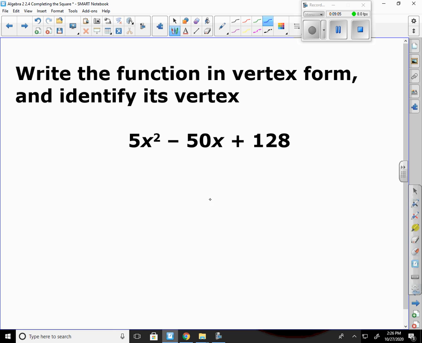Let's try this one out. What's the first thing we notice? It's got a 5 in front of the x squared. I can break it off and factor a 5 out. X squared minus 10x